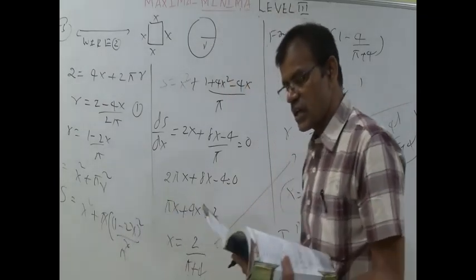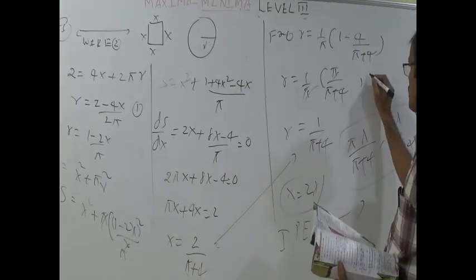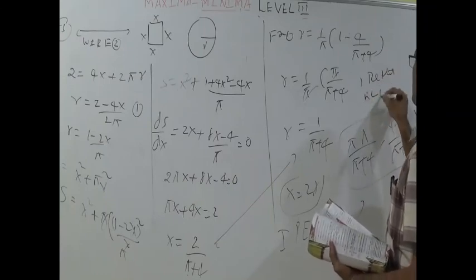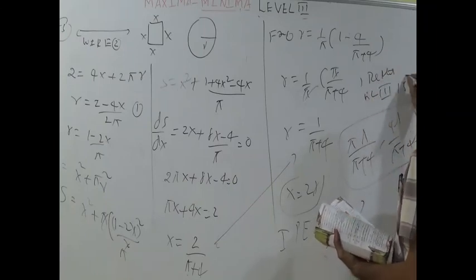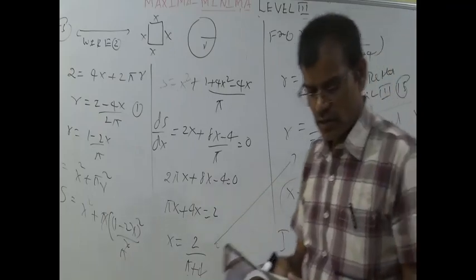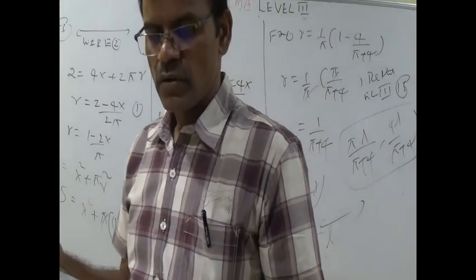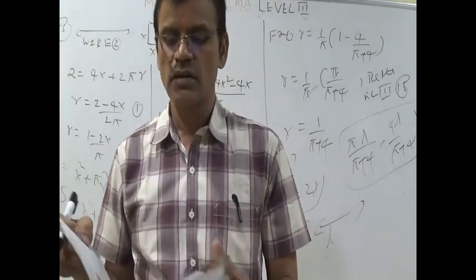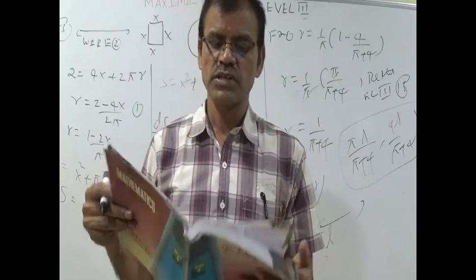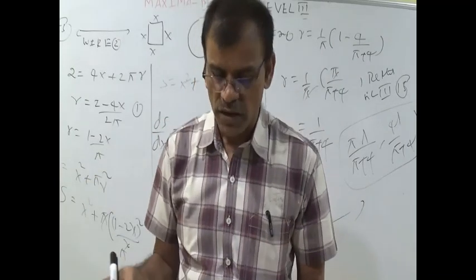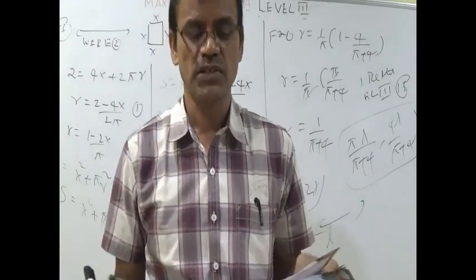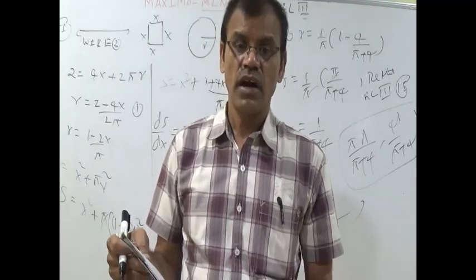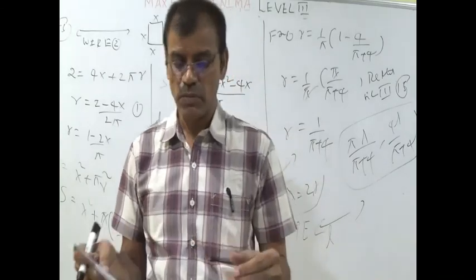Next, once again you see the question, this question is repeated in level 3 15th question. Once you observe the level 3 15th question, yes, a wire of length A. There he asked area, and in IPA he asked lengths of pieces. In level 3 15 he asked area, here he is asking the relation x is equal to 2r. So you can understand the depth and the importance of maxima minima.